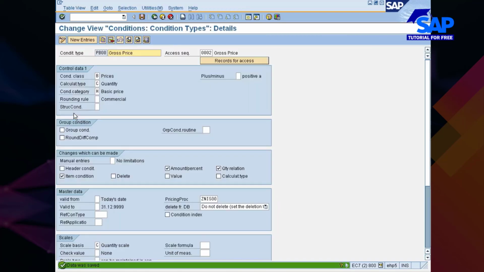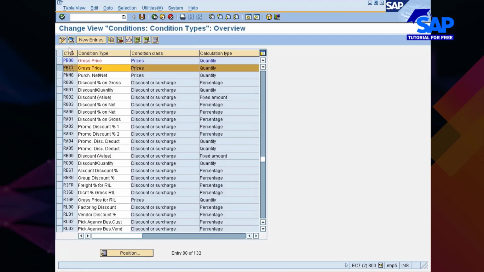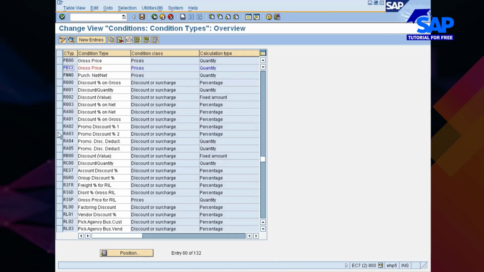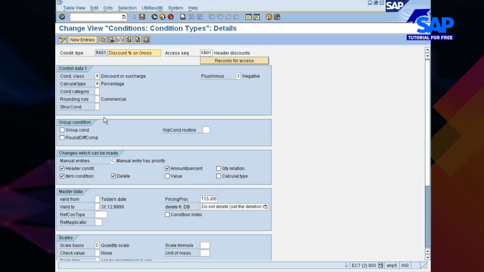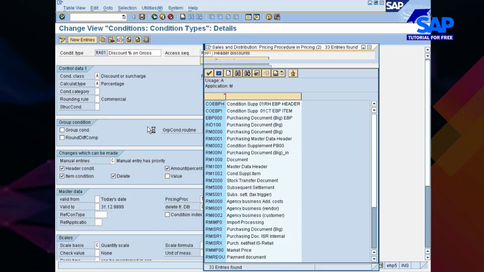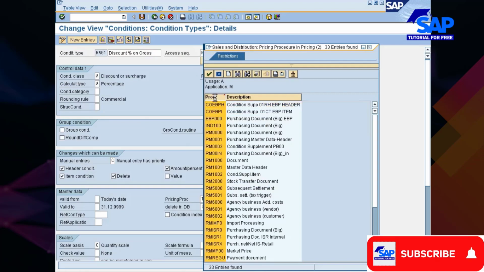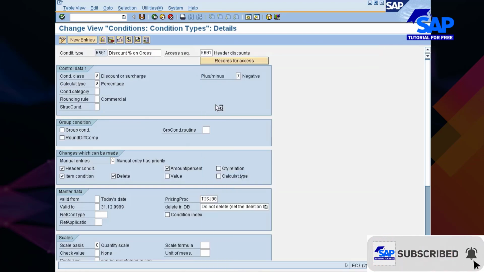So what you have to do is, for all the conditions that you have used, you just go and use the pricing procedure. The rest of them I'm not changing. I think I have got RA01 selected, so I go and change this to GNIS 00.